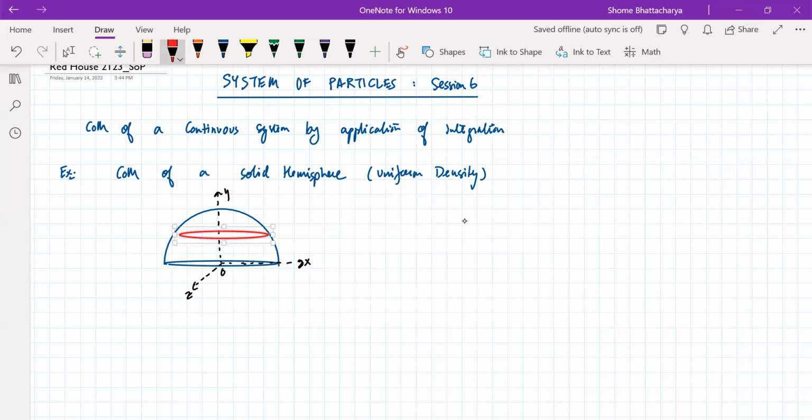So that kind of situation. Okay, so if we take this as a differential disk,